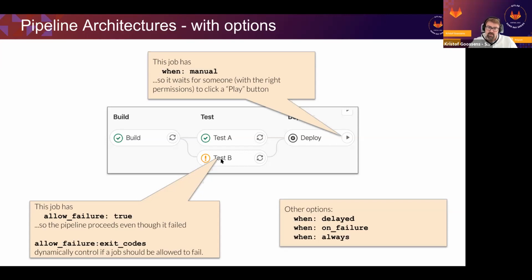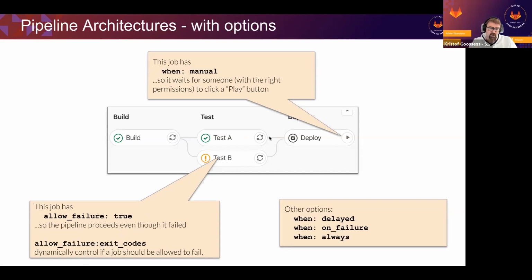However, there are some overrides that are possible to allow failure, and that would mean that you will get an exclamation icon over here. And also a pretty recent feature: you can be very specific in what is allowed to fail and what not. So if you're expecting certain exit codes that are okay, then you can specify them as part of your job